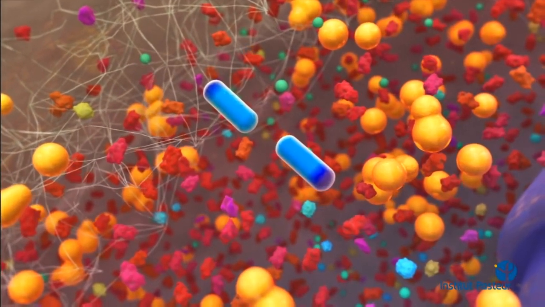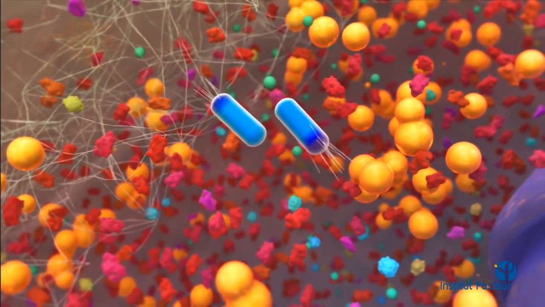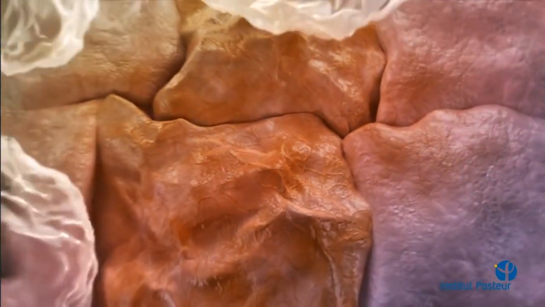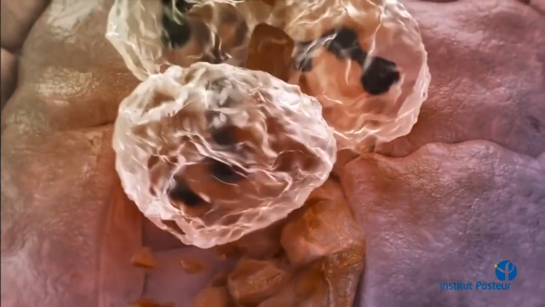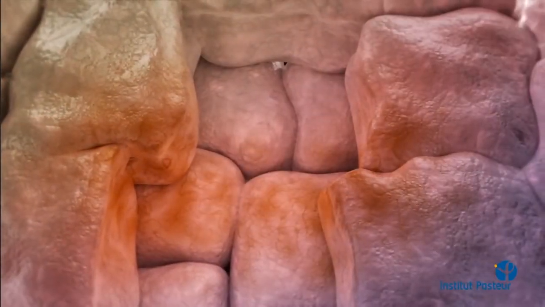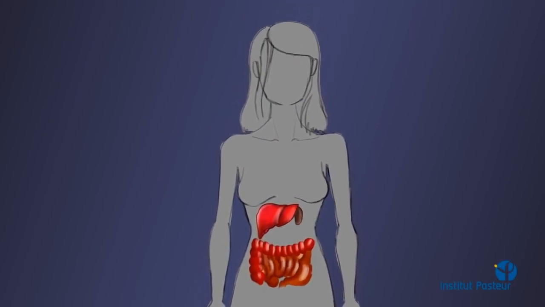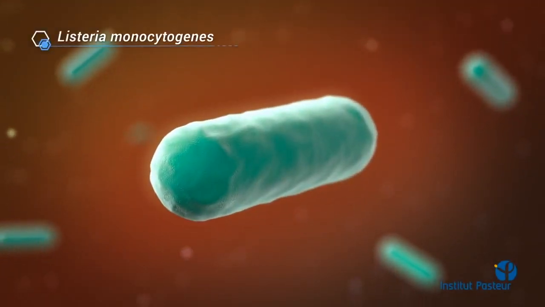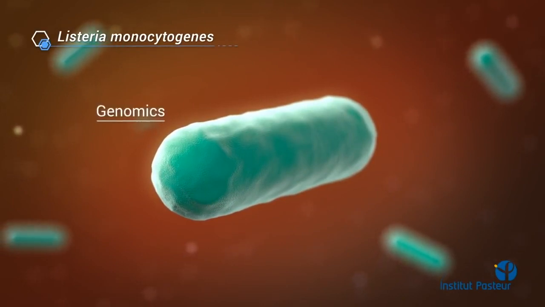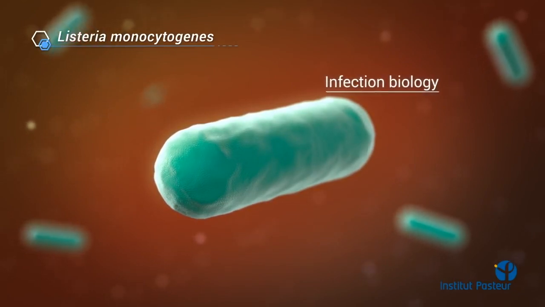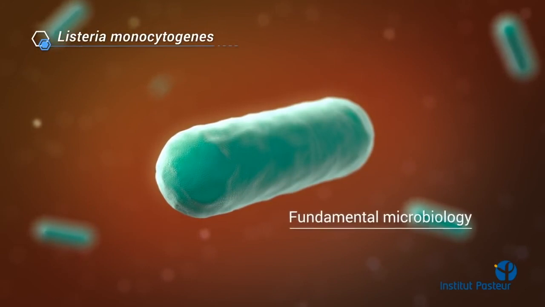the neighboring cell. In response to bacterial infection, cells of the host immune system, such as neutrophils, are attracted. They can destroy infected cells and bacteria and control the spread of infection. With the help of adaptive immunity, bacteria will be totally eliminated. In immunocompromised individuals, however, it may lead to the most severe symptoms of listeriosis. In 3 decades, owing to multidisciplinary approaches, including genomics, Listeria has become one of the best models in infection biology, as well as in cell biology and fundamental microbiology.